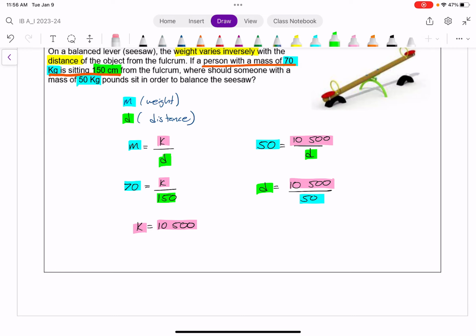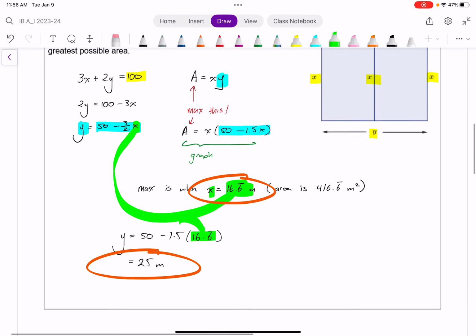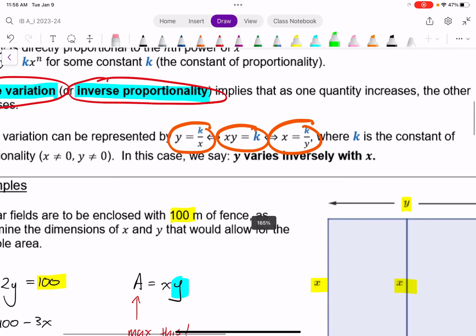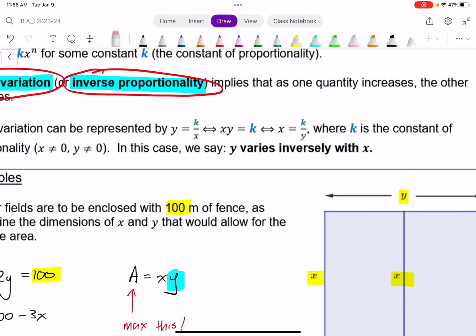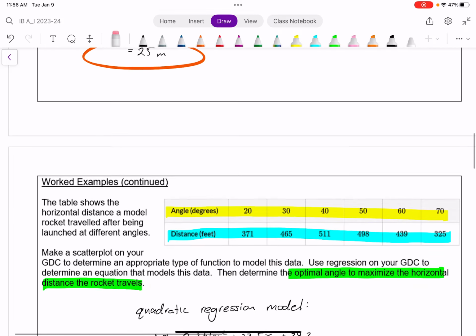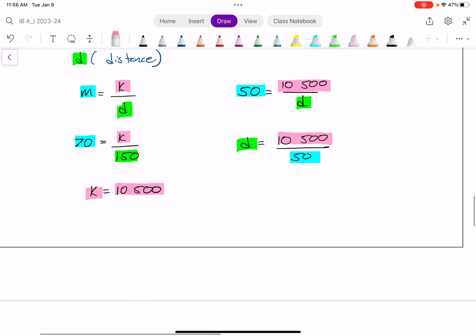Because again, keep in mind, all I did there is you can either imagine I just solved for the variable d, or going back to my key points here, all three of these are equivalent. Essentially, I went from this form to this form. And everything here is equivalent. And so now it's pretty much done because the distance we should sit is 10,500, that constant, divided by 50,